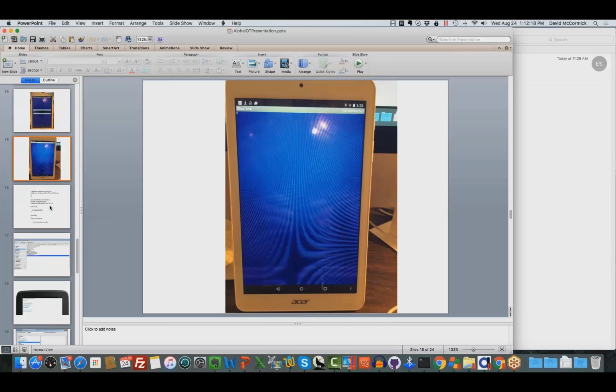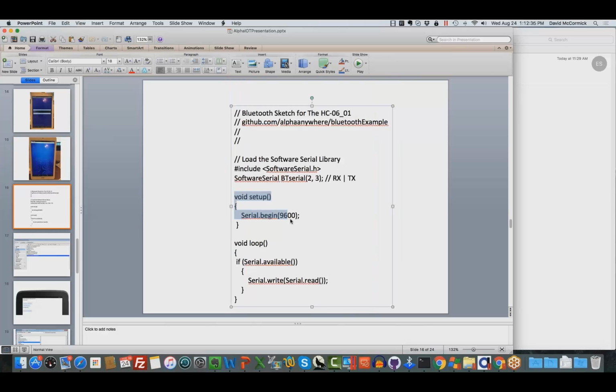So now is a good time as any to take a look at the script that's behind it. So this script, or what they call in Arduino speak, a sketch, is like a little piece of C++. And they're all pretty much the same in terms of their structure. There's always a setup portion, and there's always a loop portion.